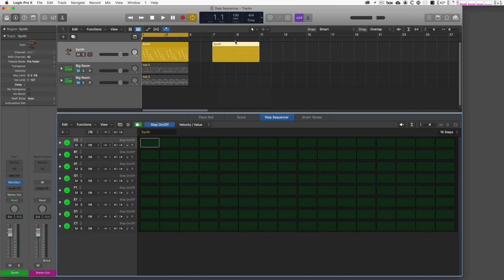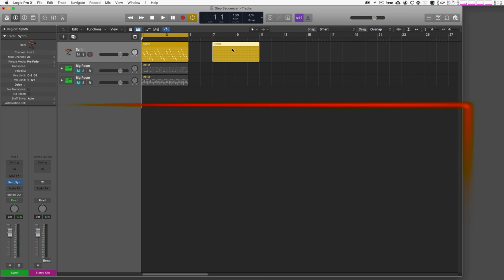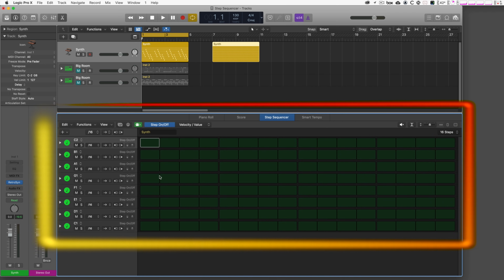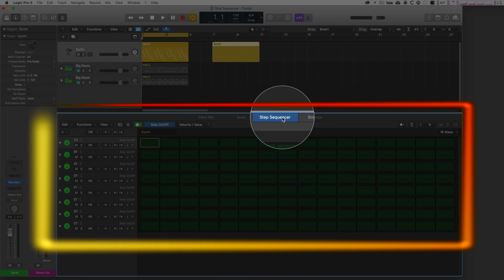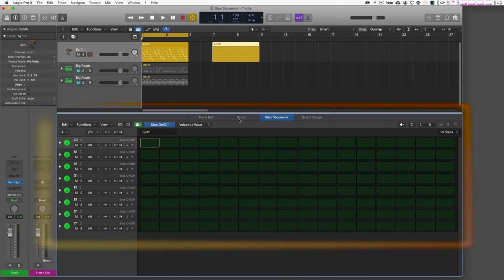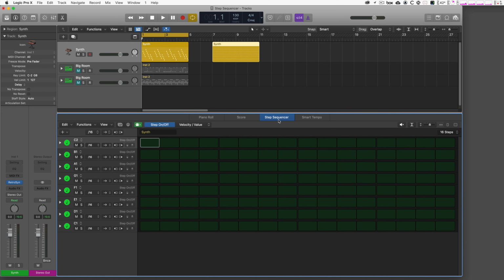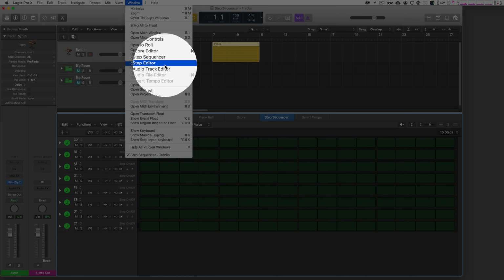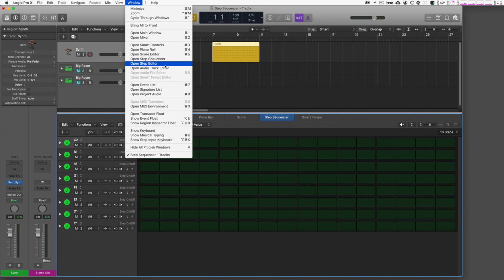And then what you see here is a pattern region. And if you double-click it, then the editor pane opens up below. And you can see here the new addition, the step sequencer. You have the piano roll, score, smart tempo. And what's missing is the step editor. So the step editor is still available in Logic, but its tab has been removed here,